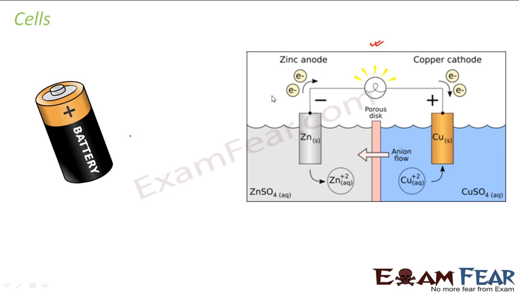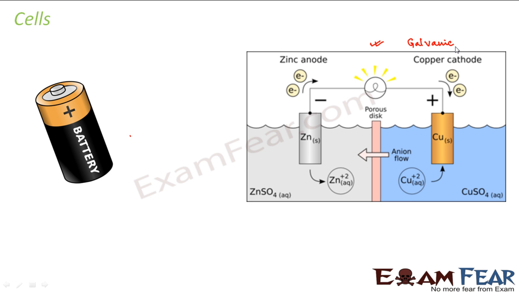I am not talking about the internal structure of a specific kind of cell. This is a galvanic cell. As I told you, there are many kinds of cells, like a voltaic cell, Daniell cell, dry cells. So I am not getting into the detail of each of them, or differentiating them. I just wanted to tell you how a cell functions. So for that, here I have taken the example of the galvanic cell. With the help of this galvanic cell, I will tell you the basic functionality of a cell.